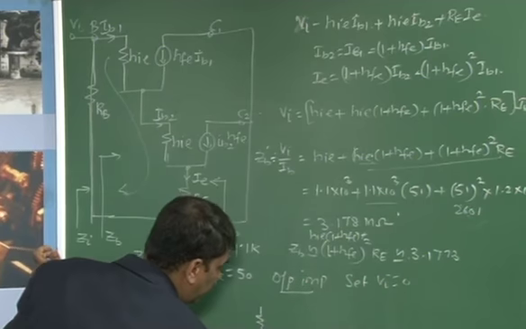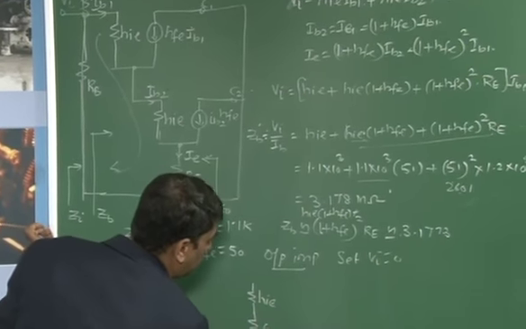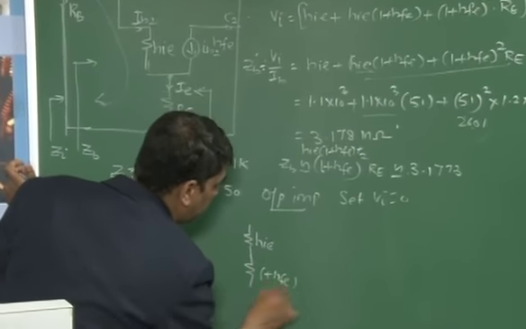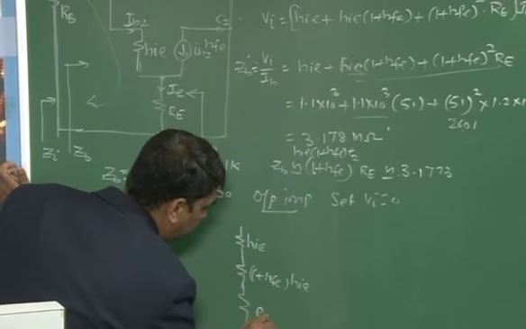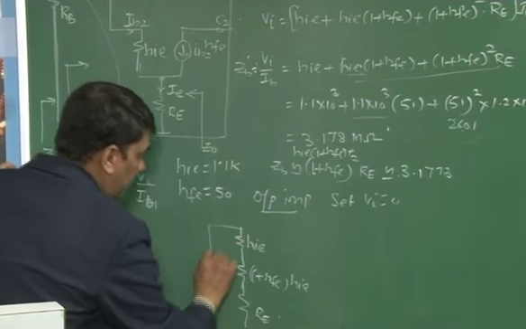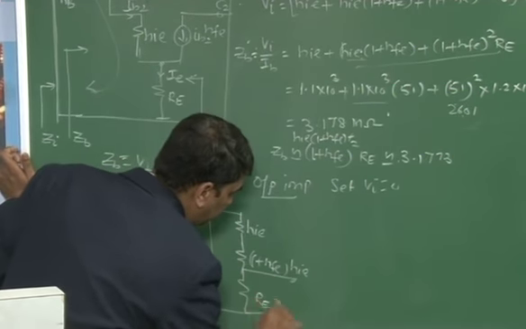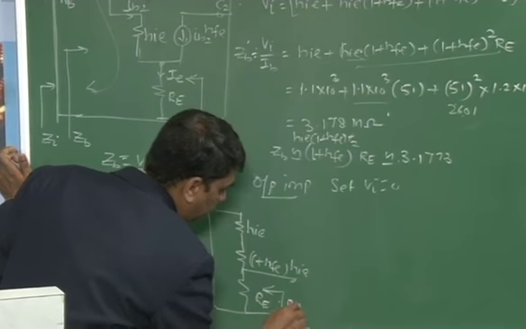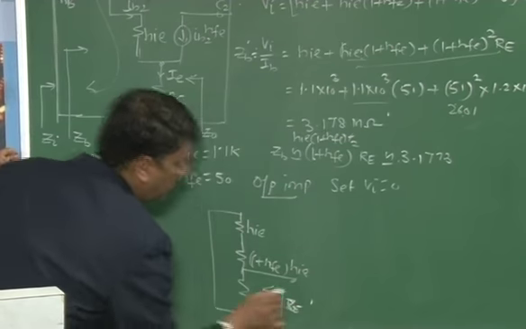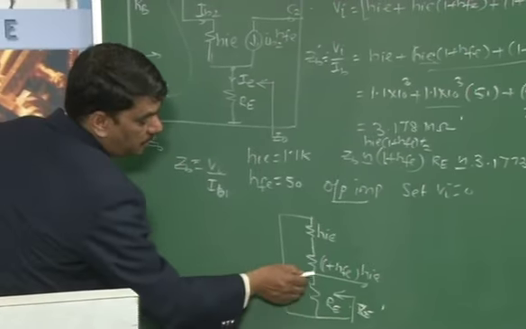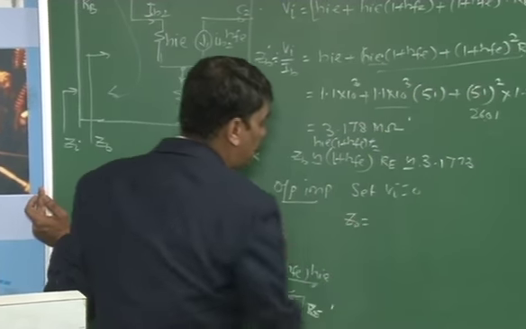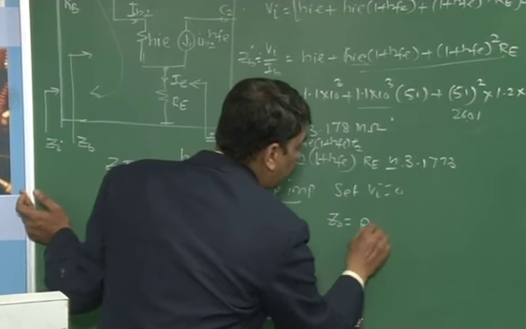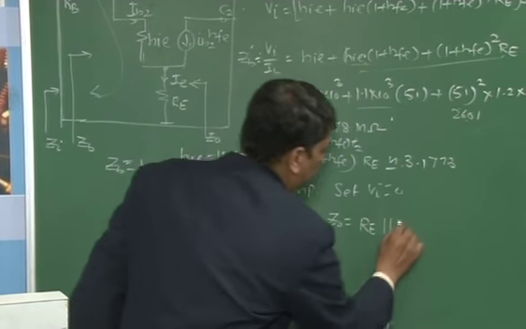and one more HIE, this is 1 plus HFE times HIE, and then this is RE. When you are looking into this point, which is acting as a short circuit, you are looking into RE. Z0 is given by these two in parallel. Hence, we can say that the output impedance of this circuit Z0 is equal to RE in parallel with approximately